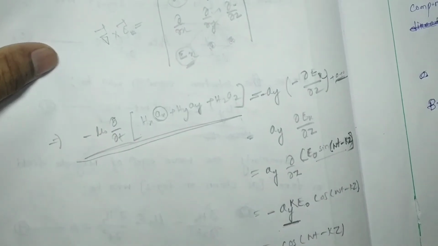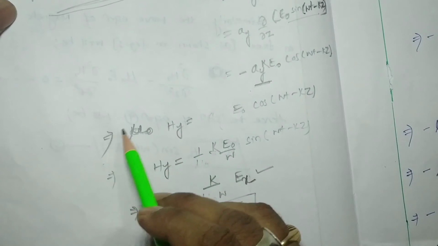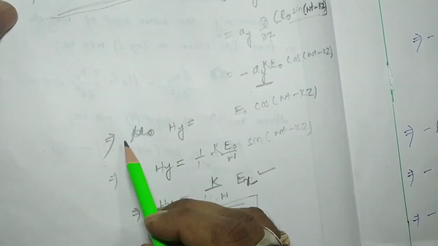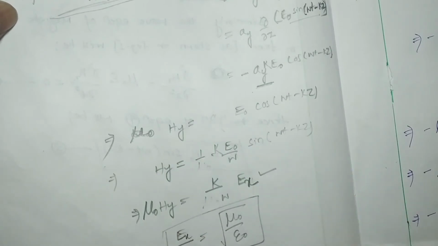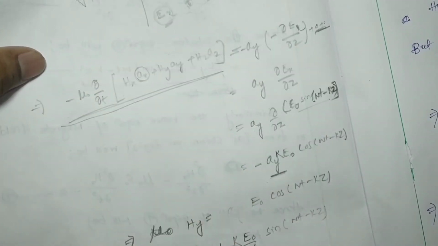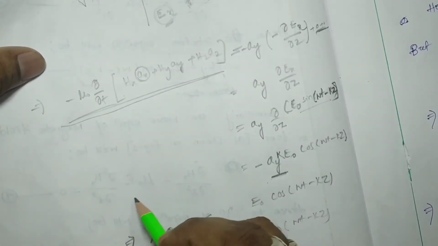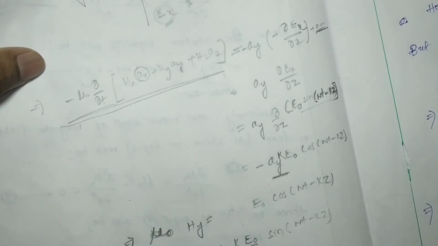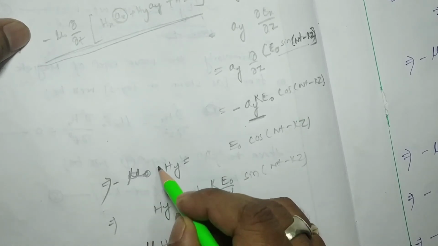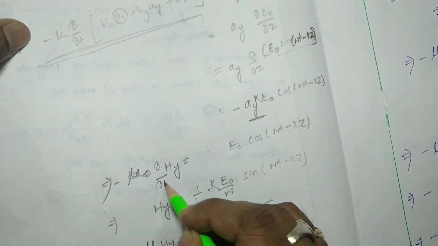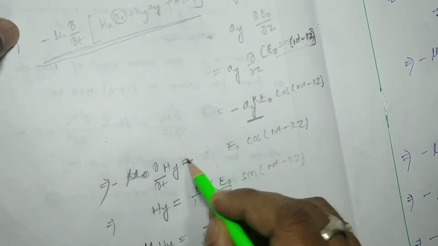Okay, so minus mu 0 del by del t of hy is equal to